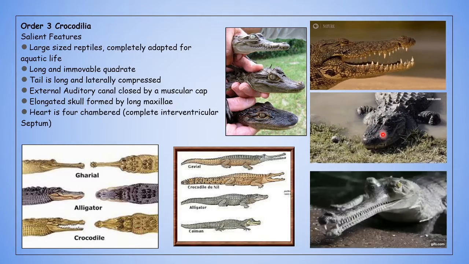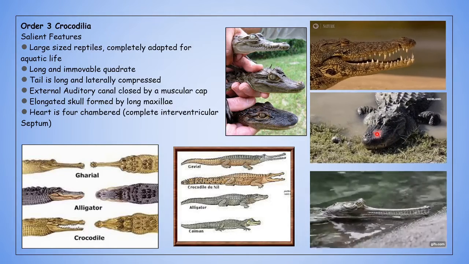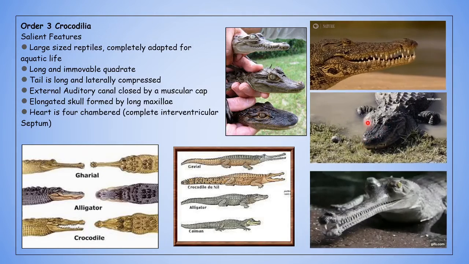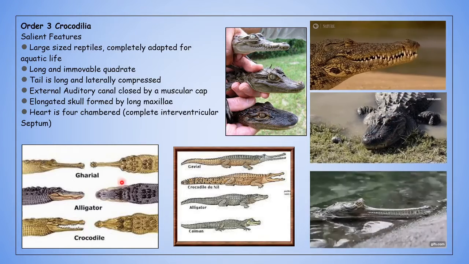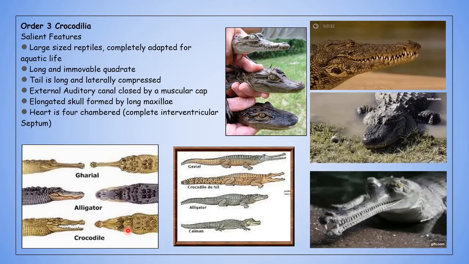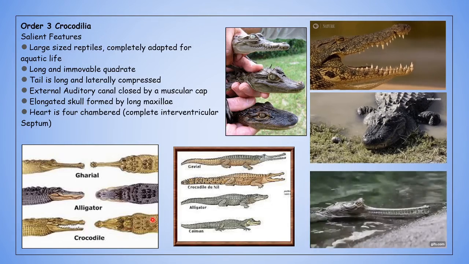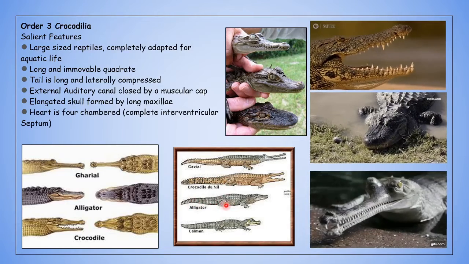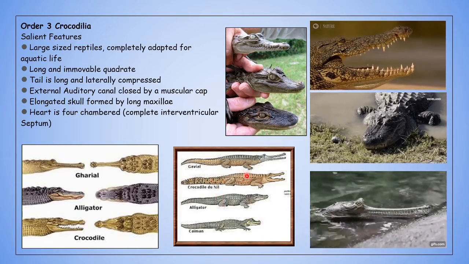You can see here, this is an alligator. The tip is much broader. It does not show a narrow indentation towards the tip. It is more or less broad. This is the case with the alligator. Coming to the crocodile, you can see that it is much narrower, or it narrows towards the tip. That is how you differentiate between an alligator and a crocodile. Coming to their size, alligators are much smaller compared to normal crocodiles.